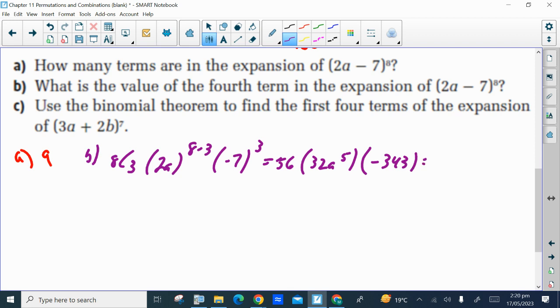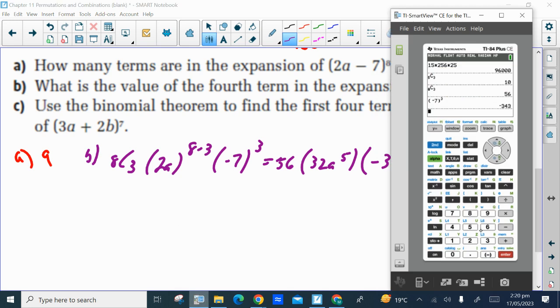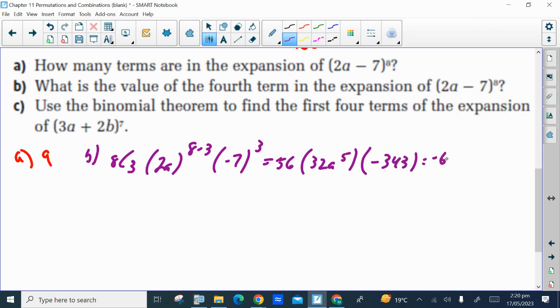And so we'll multiply the coefficients together and get negative 614,656 a to the fifth. There's the value of the fourth term in the expansion. You definitely could have used what we learned about binomial expansion and done the first 4 terms. But this is probably quicker. Maybe not, but